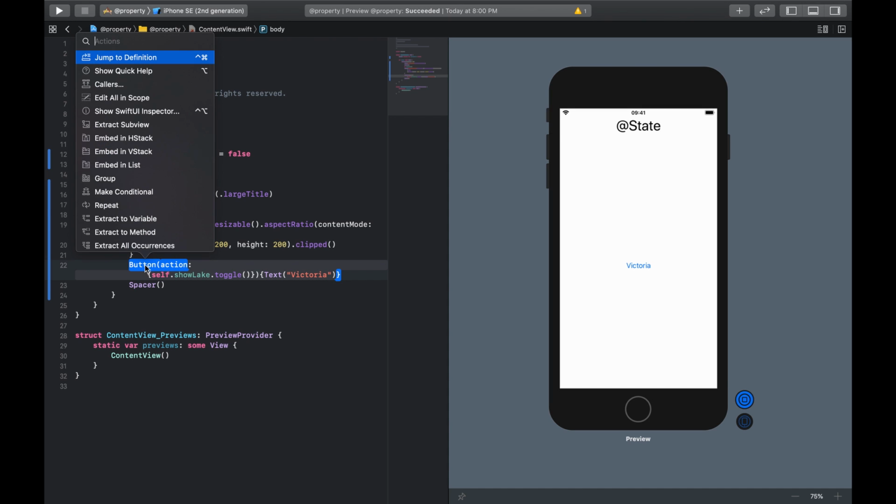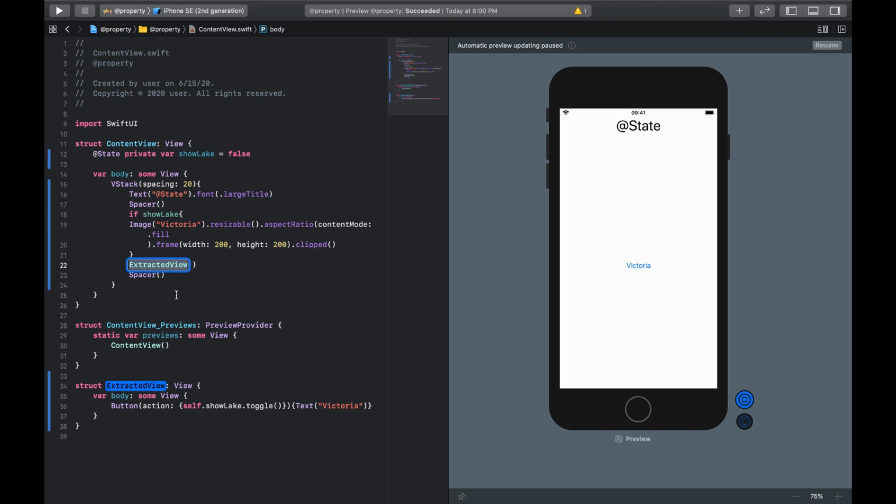And we come here, and we could say extract method, where is it? Extract subview, like so. So when you hit this, we see this extracted view here. And what we could call this, let's call this view Victoria, after the lake. So we have this view called Victoria, and